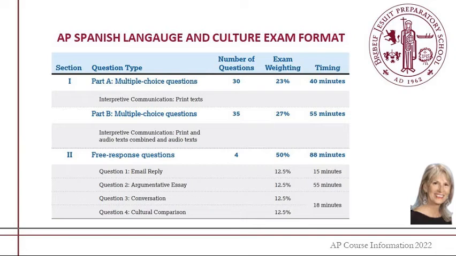The cultural comparison is also very difficult for the students in the sense that they will be asked a question about one of the 6 themes or sub-themes that we study, which you will see presently. And the cultural comparison requires the students to compare and contrast a topic or a subject within their own culture with a Spanish speaking culture. And again, that's where the focus country comes into play because if they know enough about that focus country, it doesn't matter what the topic is or how the question is framed,